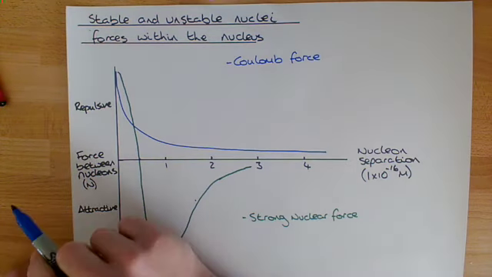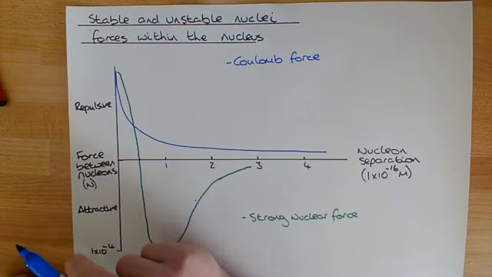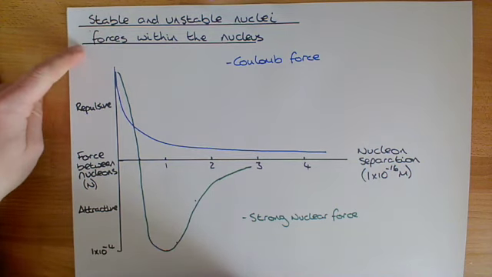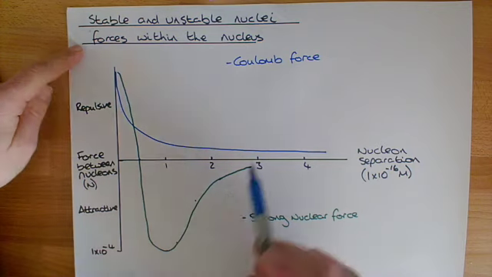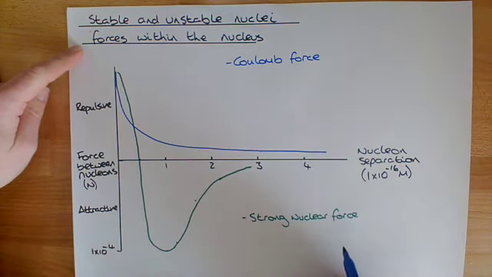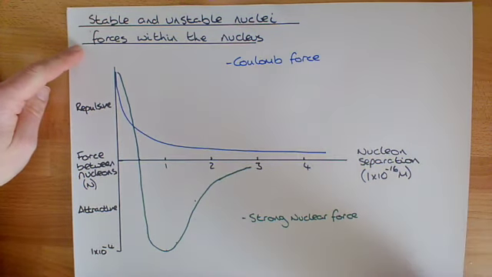The topic of this one is going to be looking into stable and unstable nuclei, and one of the things that dictates whether the nucleus itself is stable are the forces between the nucleons within the nucleus. And there's two main forces in play, and they are the Coulomb force and the strong nuclear force. I'm going to talk about each of them individually, and then we'll talk about how that leads to the nuclear